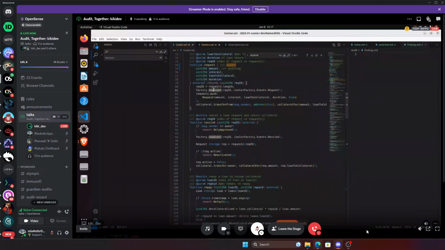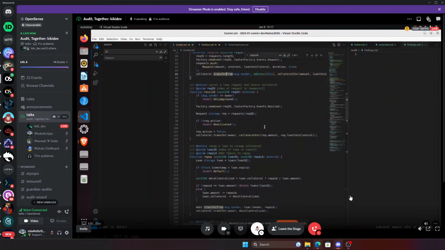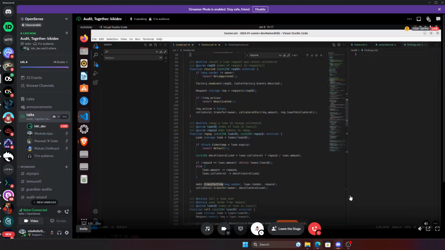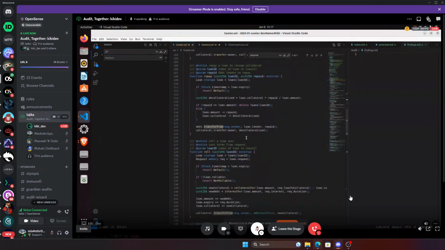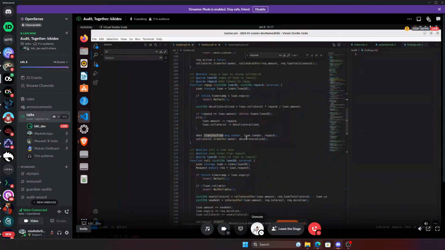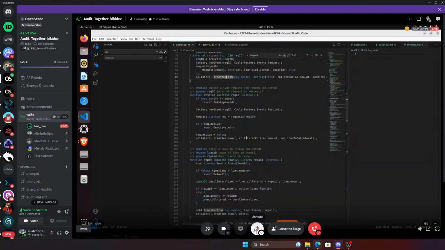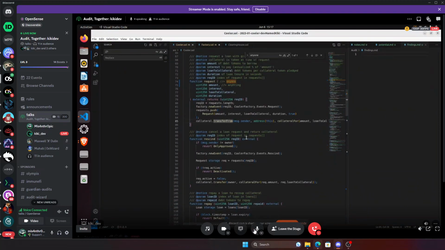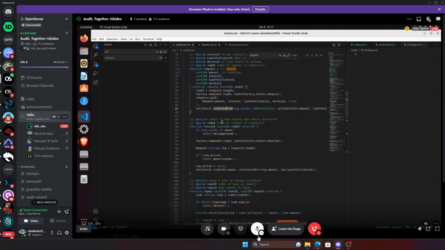I know that I am creating a new event, and then I push the request, transfer from the collateral. And what I would end up doing is follow these functions. And actually, I should have chosen a better code base, because this one's almost a little too simple. Let's say this is perfect. Let's say this request